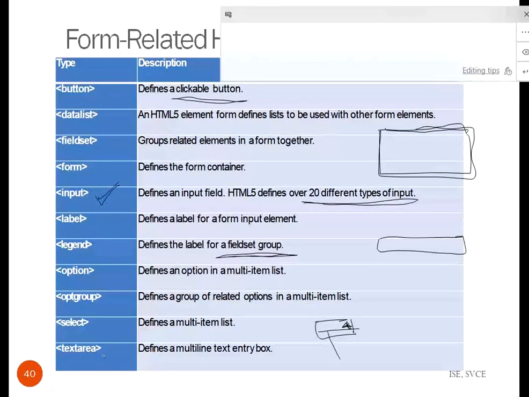Or if you want to give the address, where it will be having more than one row, in such cases you specify the form element text area. It is similar to a text box. Only thing is it can have multiple rows, multiple lines.